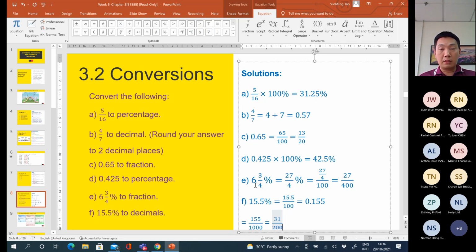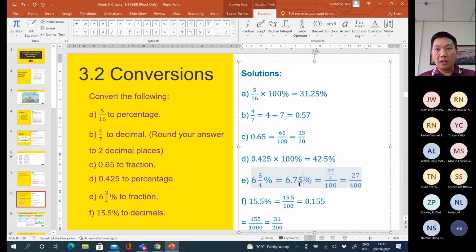Okay, how about this number? This is 6 and 3 over 4, 3 over 4%. That's the meaning, all right? Usually, like me, I like to change this fraction number into decimal number percentage first. If I were you, I will do it in this way. I'll put this as